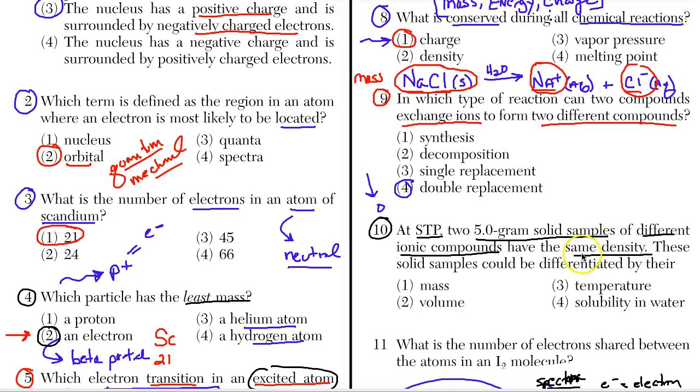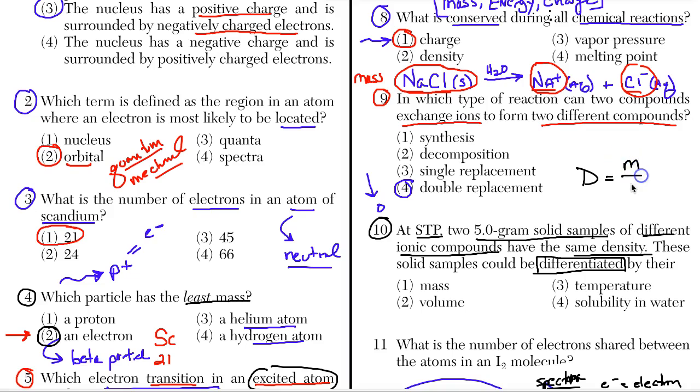Now, density is a physical property that we can basically use to identify different compounds. But in this case, they have different compounds, but they have the same density. So these solid samples could be differentiated. Now, differentiated means you could identify one from the other. So if you got stuck on that word, I totally get it. But differentiated means you can separate them based upon differences. By their what? Well, density, of course, and if you needed this, it's in table T of your reference table,